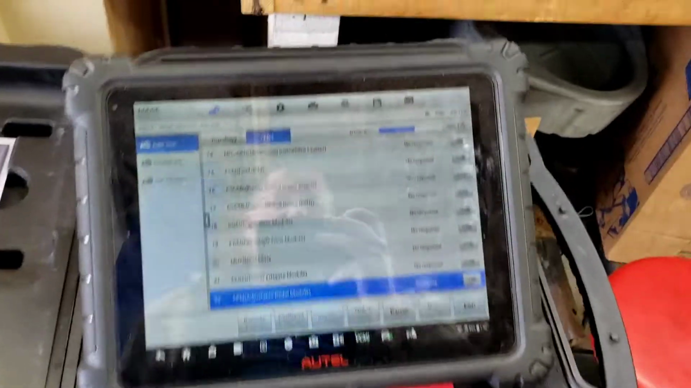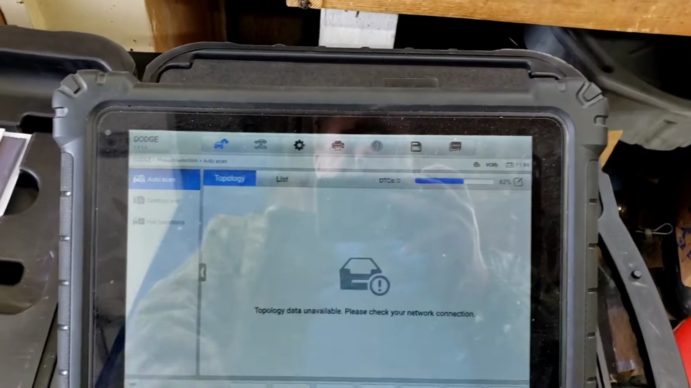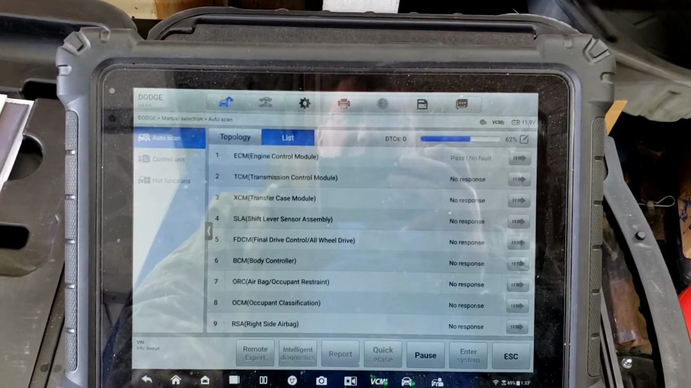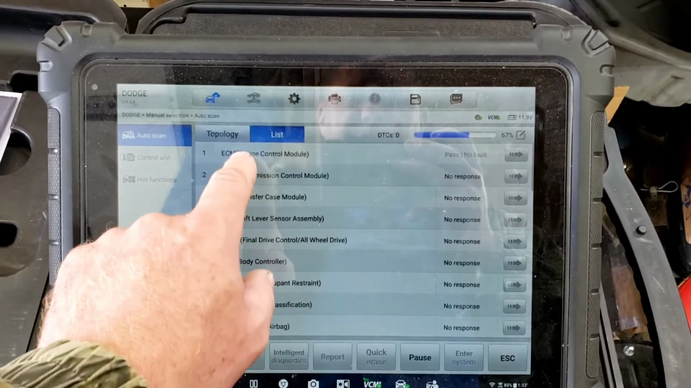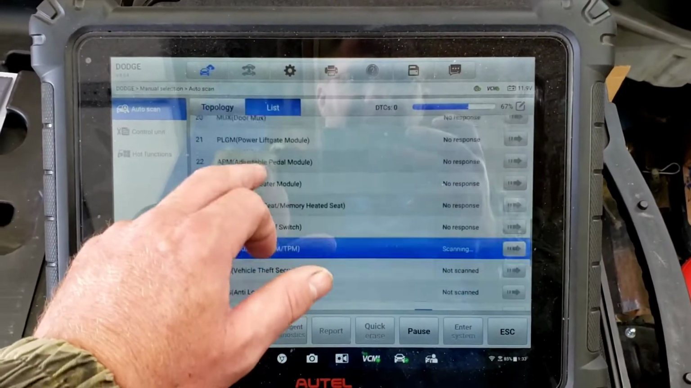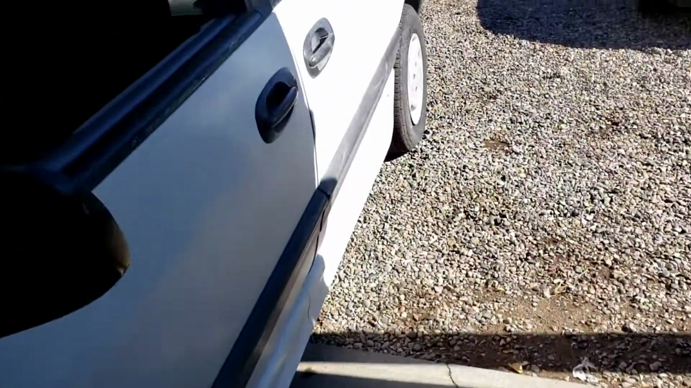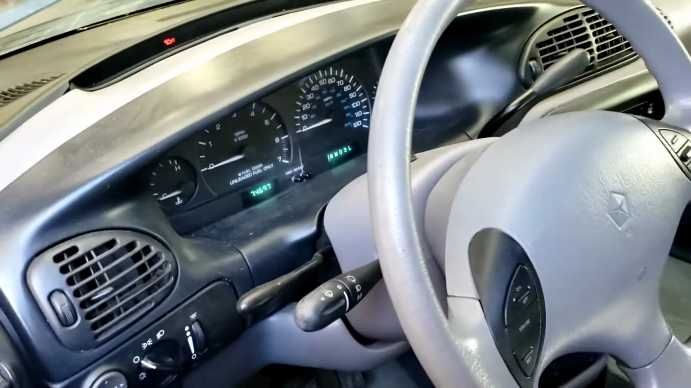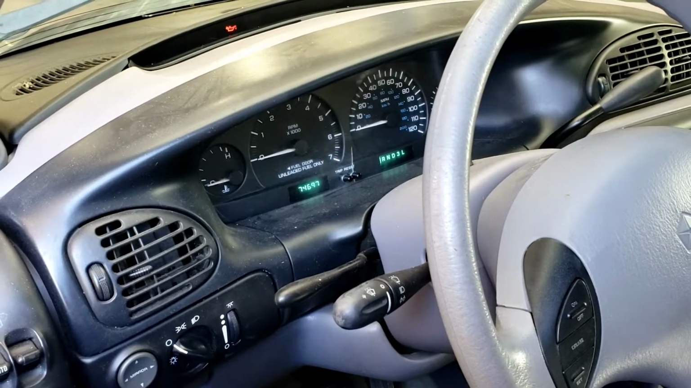So let's see here. And I'm not even on the network for the topology. Anyways, see what modules. Nothing's responding except the engine control module so far. And I would think there would be more than one module on this. I could use the DRB3 emulator with the MicroPod 2 I have, but I would think we should be able to at least talk to the